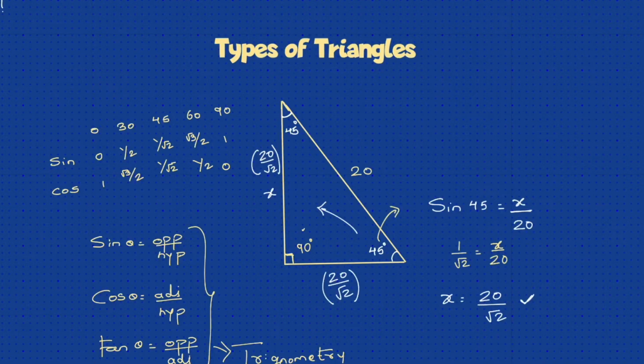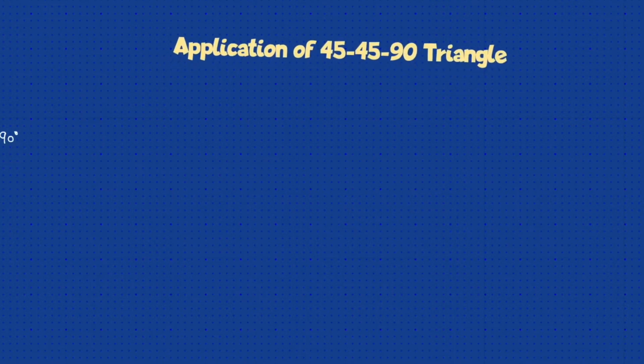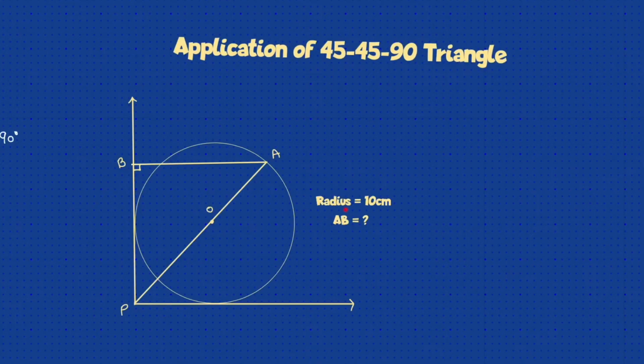Why? Because this is an isosceles triangle. Two angles are equal, so the two sides will be equal. In short, if the hypotenuse is given to be a, the other two sides are a by root 2 each. No need to use any of this; just use the shortcut given in red. Hypotenuse a, the other two sides a by root 2. And if I have to get the hypotenuse from the other two sides, multiply by root 2. Just as simple as that. Divide by root 2 from hypotenuse to the other sides, and from the other side to the hypotenuse, multiply by root 2. Remember this trick.